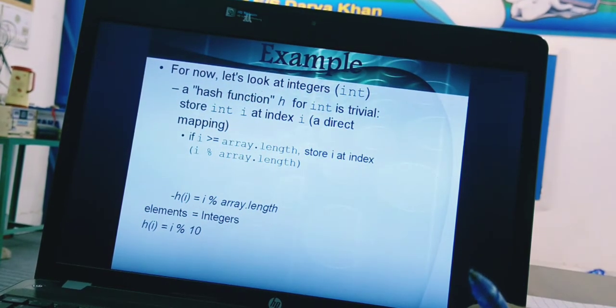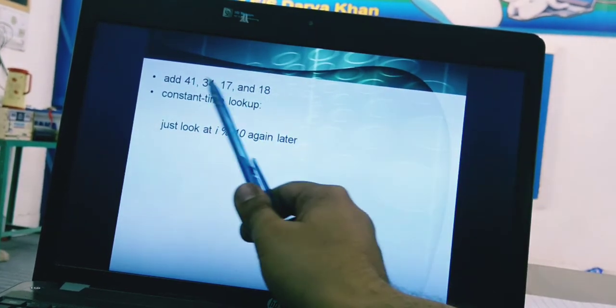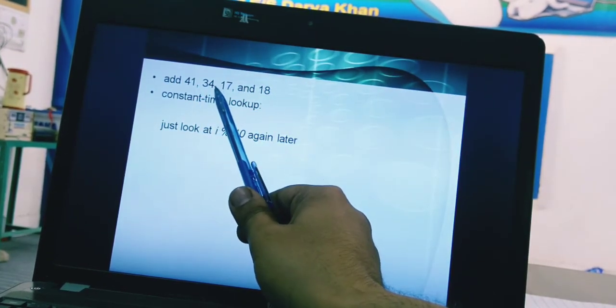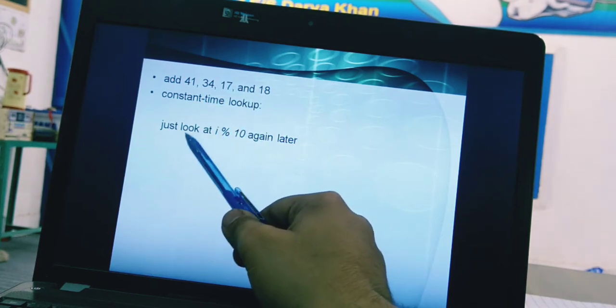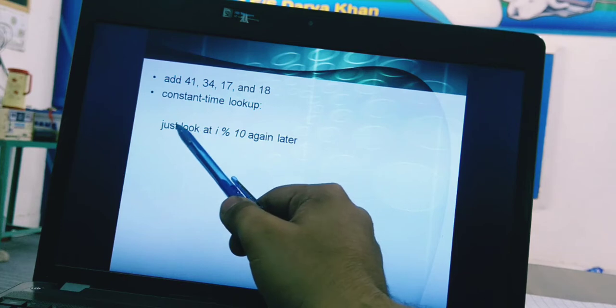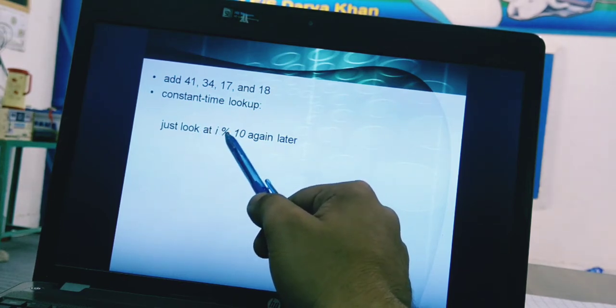Let's check how it works. We want to add 41, 34, 17 and 18, and the array length is 10. So we place them with the hash function i mod 10.